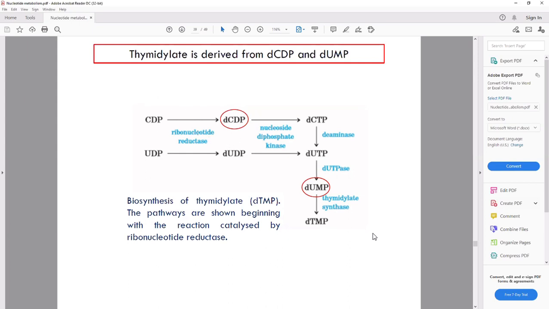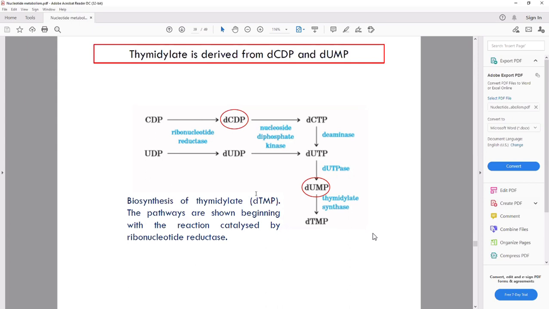It is a reduction. The ribonucleotide undergoes reduction, so then we get the deoxyribonucleotide. From this it can undergo phosphorylation to form the CTP, from one phosphate to triphosphate, undergoing two steps of